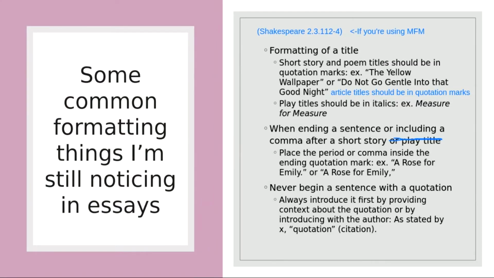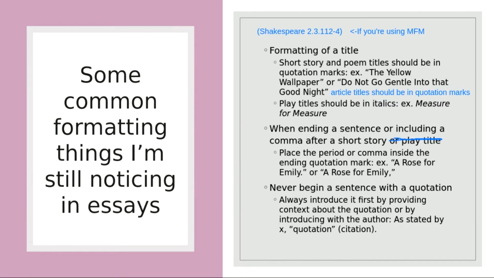I like to think of it like your reader is dancing along on top of the words, like the old school sing-alongs. I don't know if maybe I'm too old and you guys are too young, but the sing-alongs that had the words on the bottom of the screen, and you could sing along with them, like Disney put out a bunch, where a ball just bounced along. Now, if you picture your reader as being the thing that bounces along and they're not expecting a quotation, they're just going to trip over it, right? You need to give the reader some sort of heads up, like, hey, this quotation is coming, or this information is going to be discussed in detail by a quote, right? And the way that you do that is by introducing it. All right, so you want to make sure that you do that.